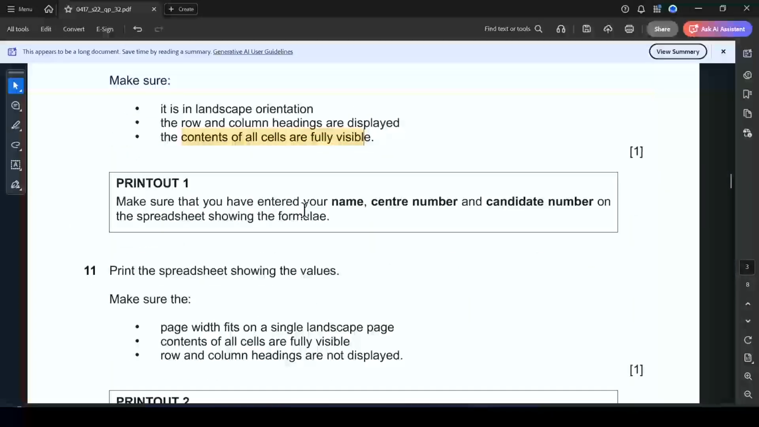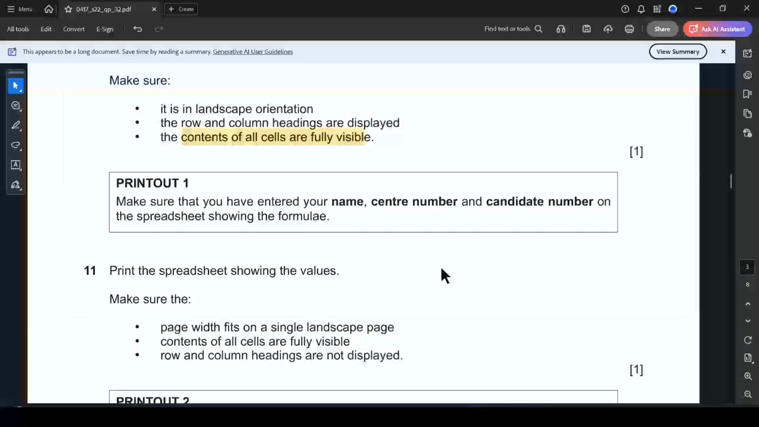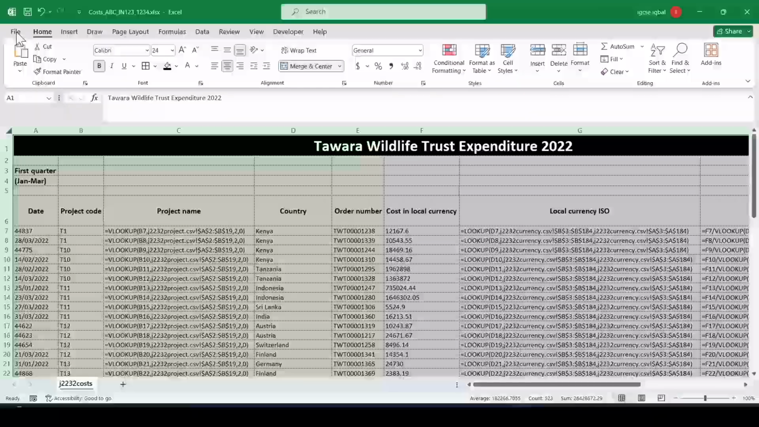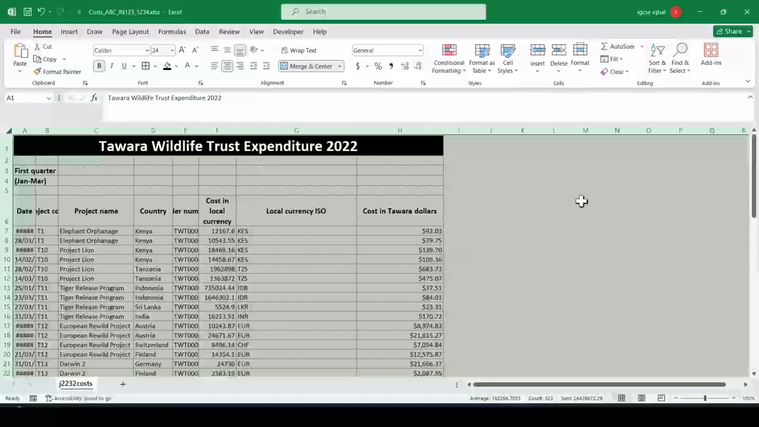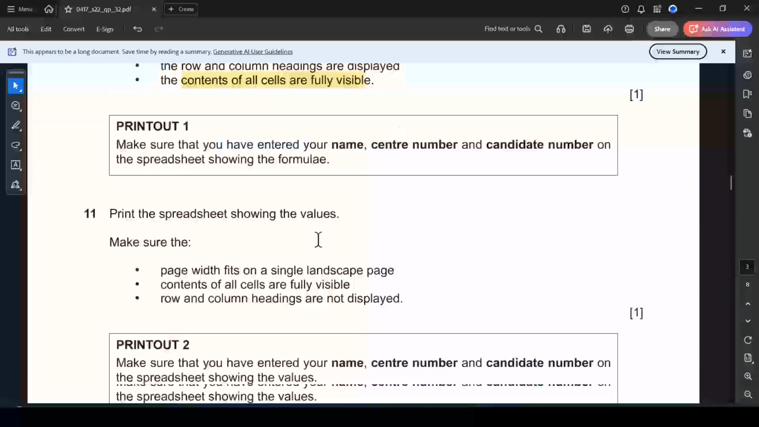Print out. Make sure you enter your name, center number, candidate number. It is already seen clearly. Take a printout, dear students. Done. Now let's go back to the normal view. Done. And let me arrange my data one more time. Okay, done. Next,